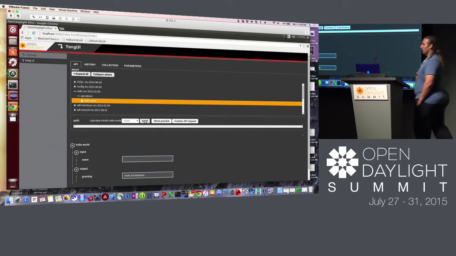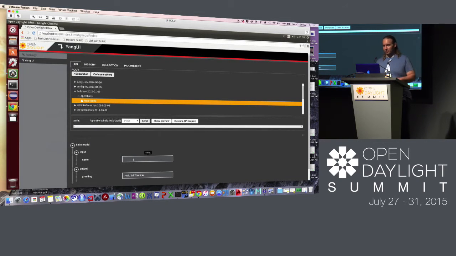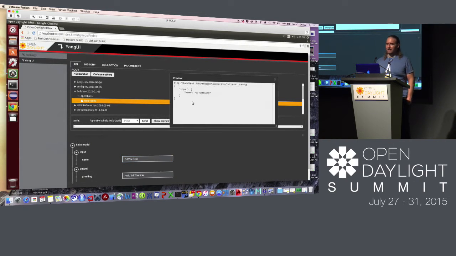And there's actually one other really cool thing that it does, which is it will give you a preview of exactly what was sent to REST. It will show you the URL. It will show you the input that went into it, completely filled out with what I put in the input box down here. If I come down here and I change it to John Smith,